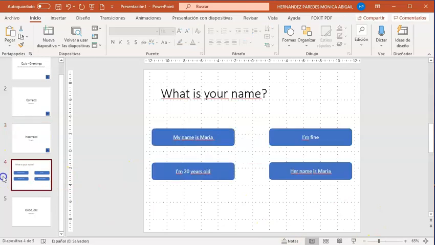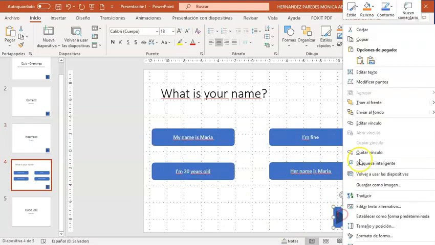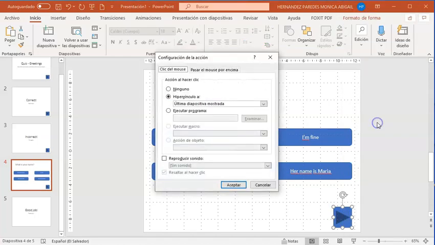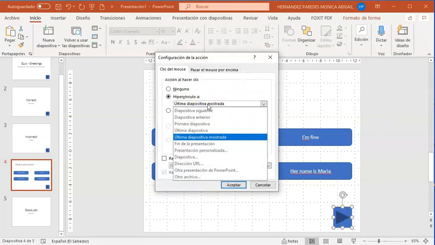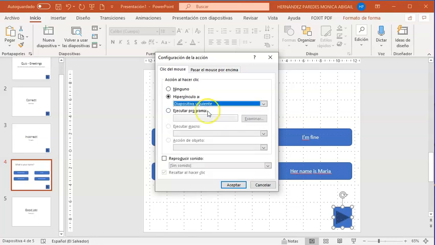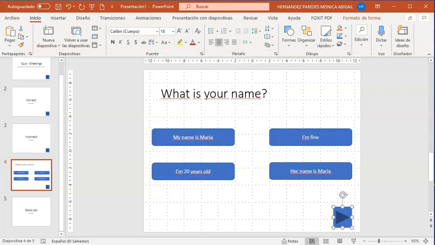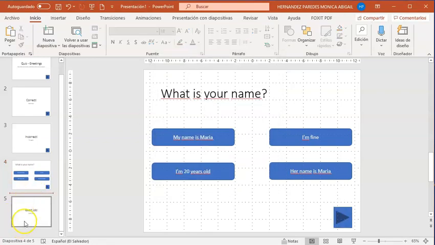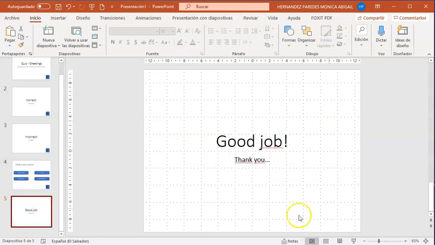Okay, so now we're going to the questions and add the next button to them. You just copy it, paste it, and edit. Now that you edit the link, this is going to take us to the next slide, which is what we really want, to go to the next question. This question is going to take us to the next question and so on. And for our final slide,